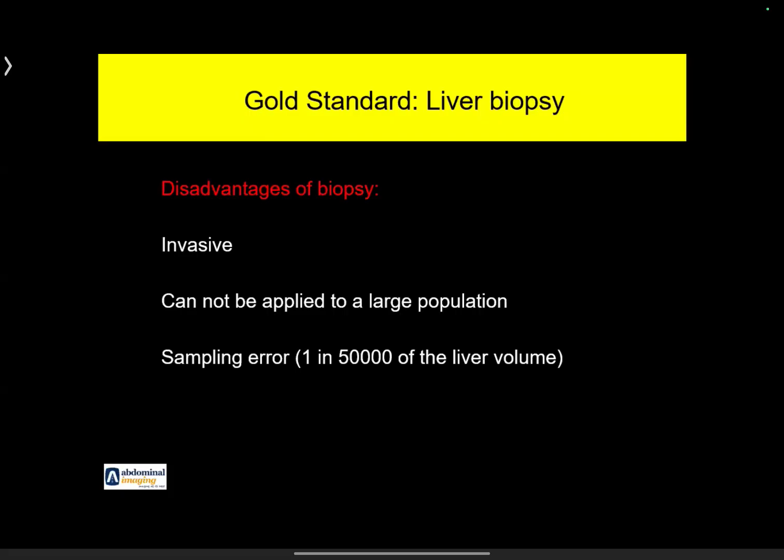Number two, fibrosis in the liver never starts at the same time everywhere. So there may be an area of liver which may have grade 1 fibrosis, and some area may have grade 3 fibrosis. So liver biopsy, now that PDFF MR is available, is not recommended anymore,